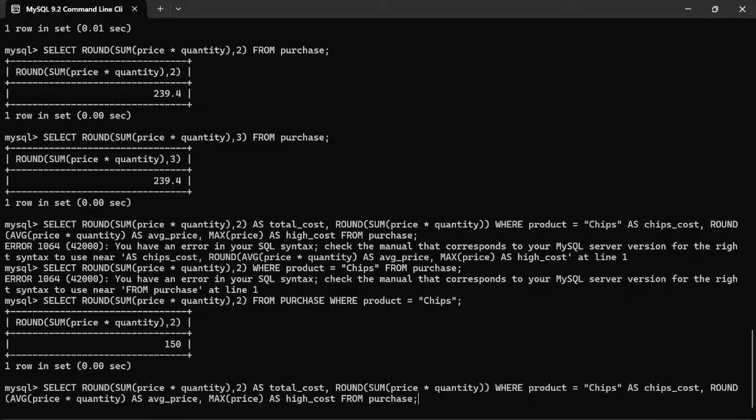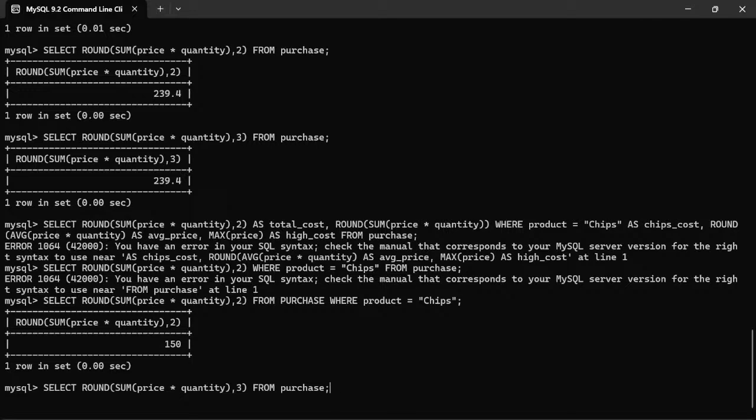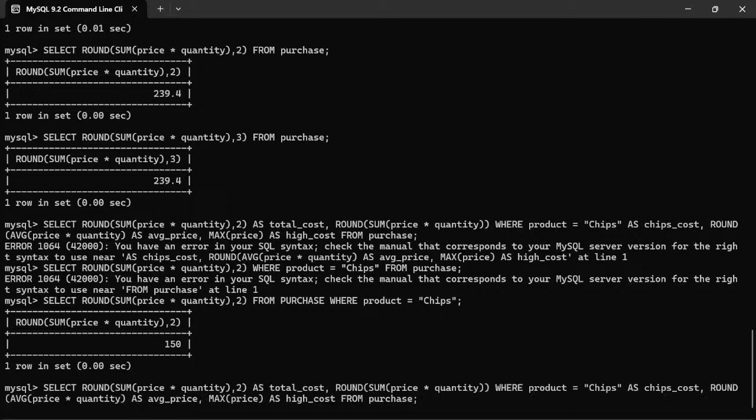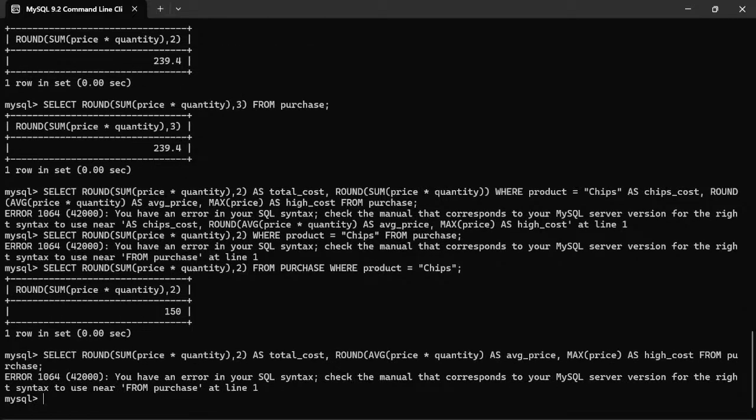Okay, so let's say I'm just eliminating this. Okay, I don't need this. Okay, can I find that exact number now? Maximum price is high cost from purchase average. Okay, let's see. Yeah, still there is an error, but